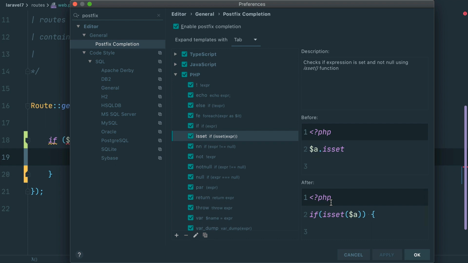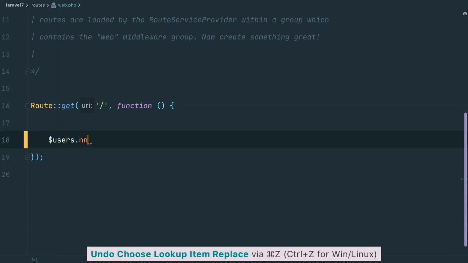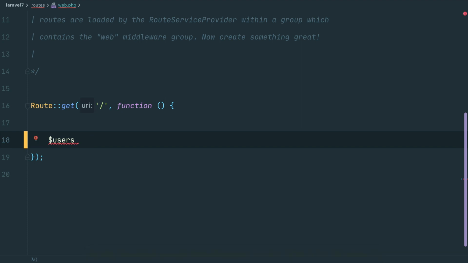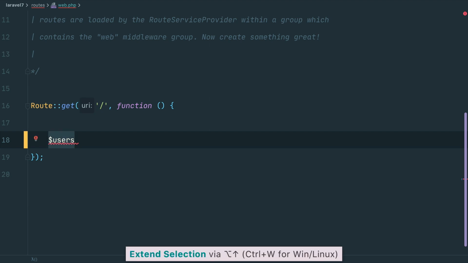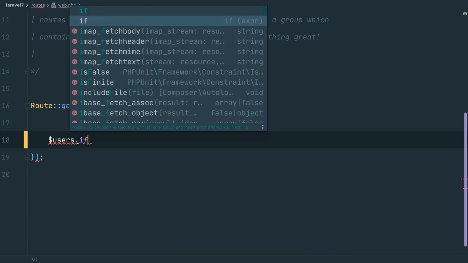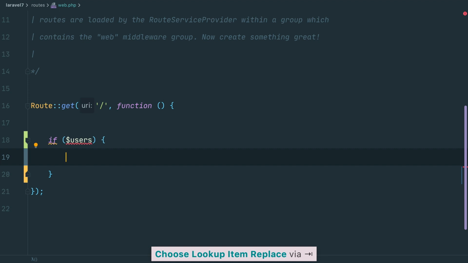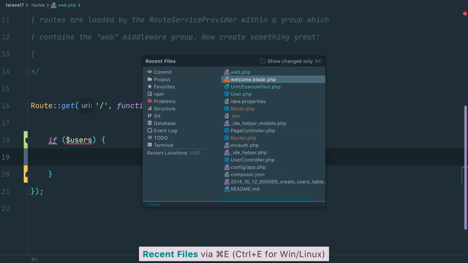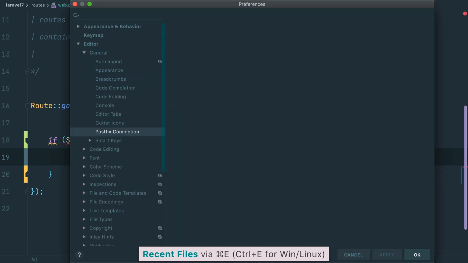So they are very similar to live templates, but it makes sense to use them because you often write an expression and then you don't want to just select it, or maybe of course you could select it and then add something around it, but sometimes it's easier to just call this dot syntax and then change it to a template like this. So what about we build our own little postfix template as well now,